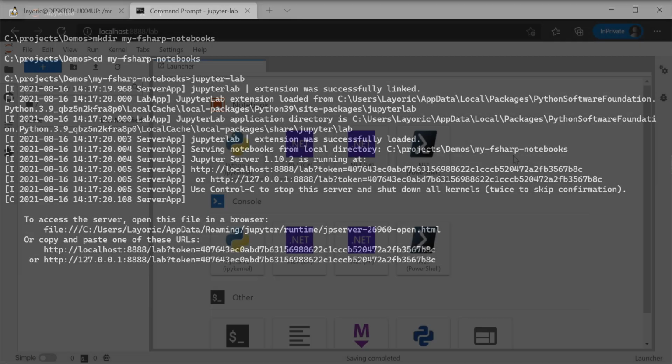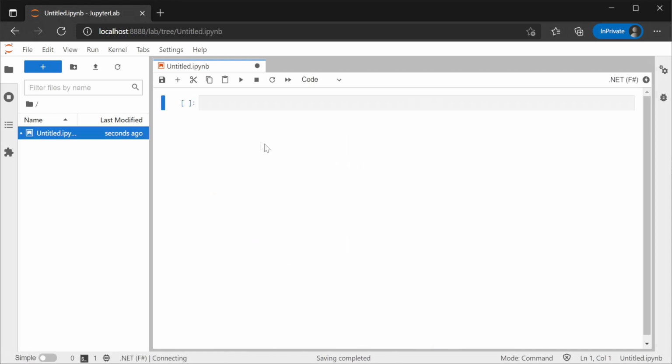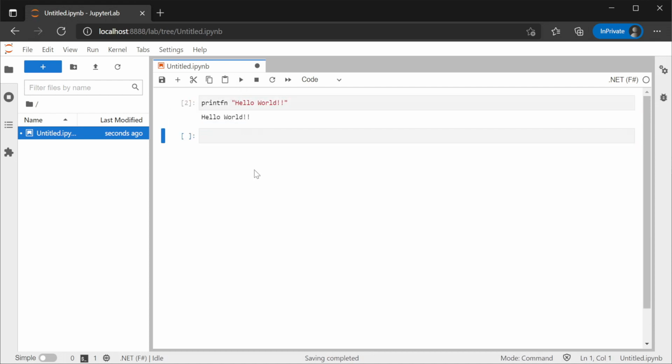To make sure everything is working, let's do a Hello World notebook. Click New F# notebook, and in the first cell, we're going to use the printfn function with Hello World, which should be written to the output below the cell. Now that we know .NET Interactive and Jupyter are working well together, let's move on to an example using data